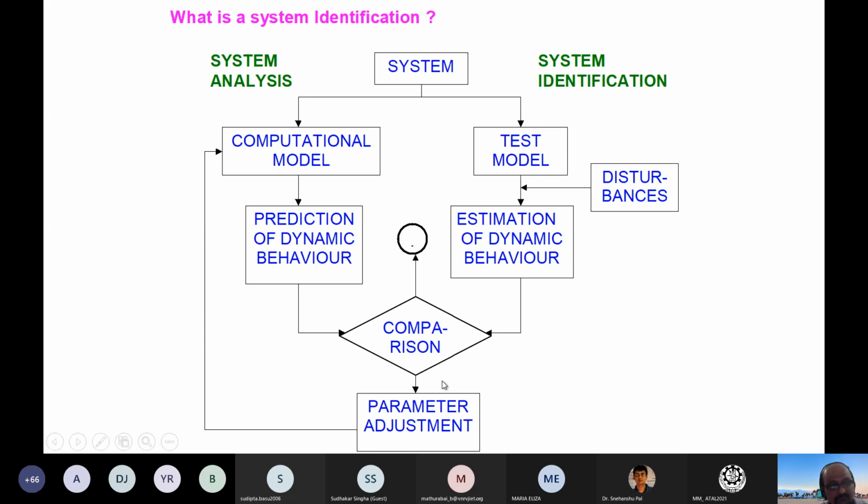Hello. So this parameter adjustment we will do. After parameter adjustment, when these comparisons are the same, meaning with some accuracy, then we will stop there. Then we'll think that yes, our computational model is correct. In this way, we can find for what parameter the left side and right side become more or less equal. So that parameter we can identify. This is the theory or physics behind why system identification works. That is parameter identification.